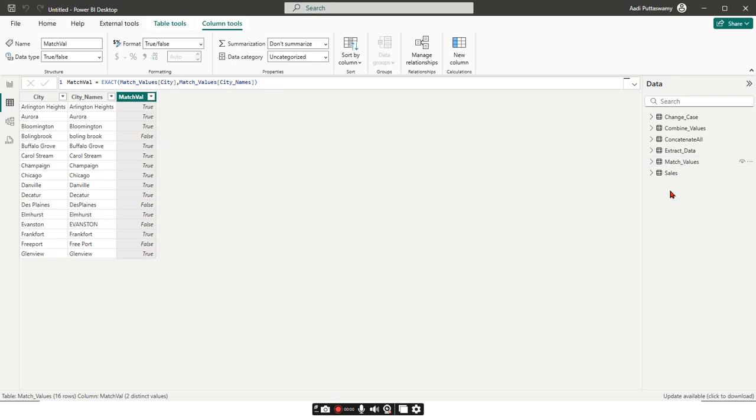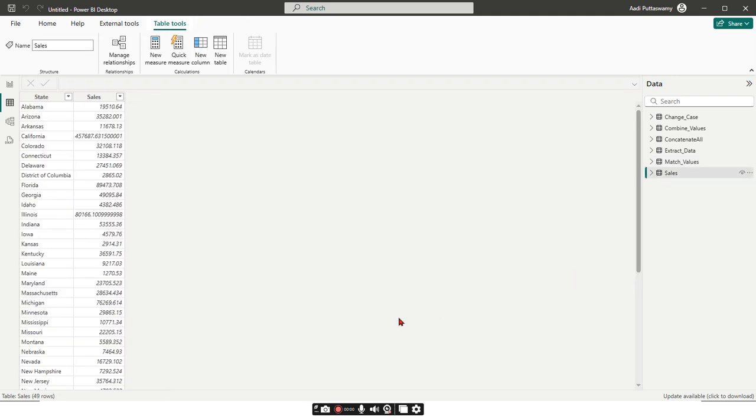Done. Next step. We have a table called sales, and you can see we have a sales column here. I want to round these decimal numbers in sales. We have a function called fixed, but the problem with fixed is it will round off the values, but it will convert that into a text column. So let me go here, I'll say new column,